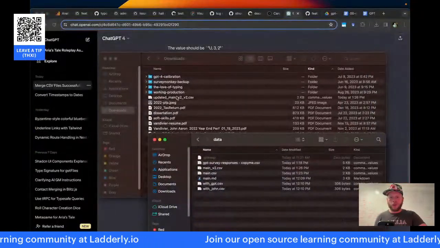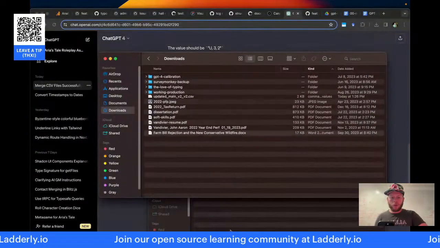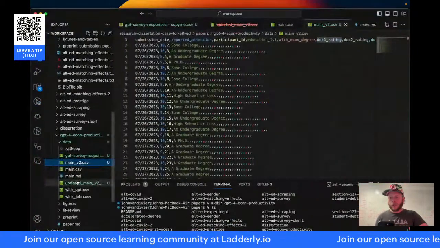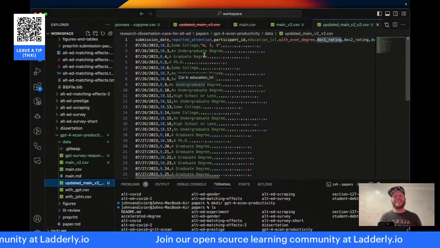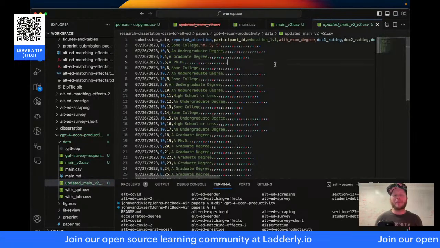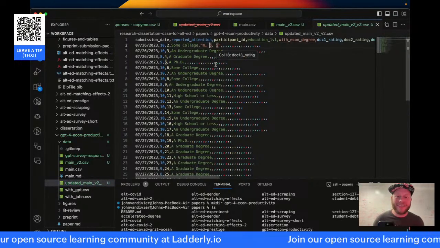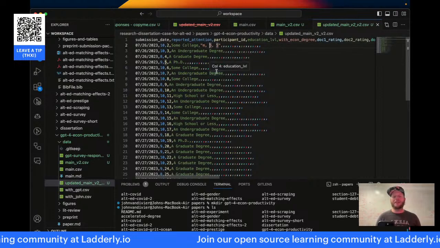Downloads, data folder, dragging updated main v2 to the data folder, VS Code, looking here. And in this case, it only updated one value. It only updated one value.